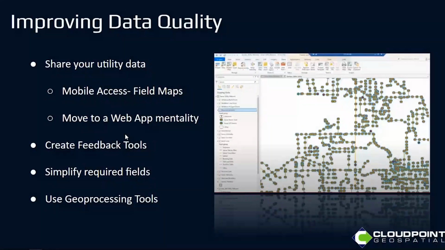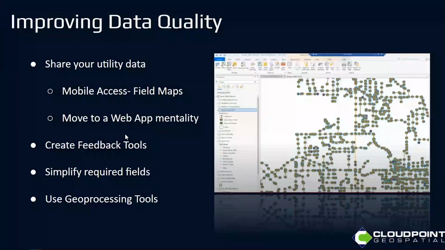And so, as I mentioned, Field Maps is a great way to coordinate with your field staff on accessing your utility information, but then updating the records as well. I would highly encourage you to give editing privileges to your folks in the field to be able to update and streamline your utility information, your as-builts and your updates. That's very important. And with Field Maps, Esri is pouring a lot of resources and development into it. They're really merging a lot of capabilities with the utility network, tracing, for example, into Field Maps